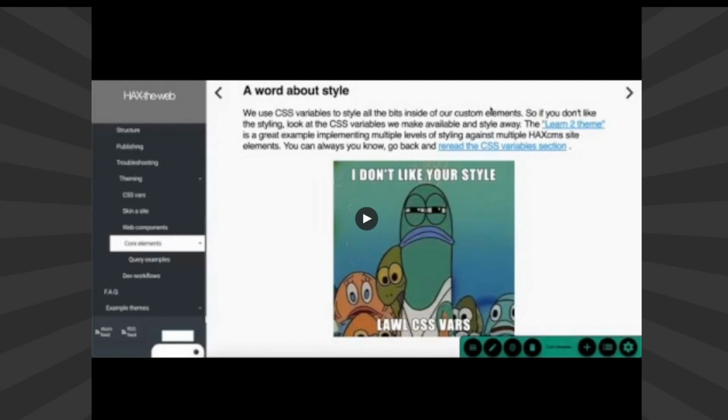But what it is, it is the engine that is actually powering, if I click the button and it plays,